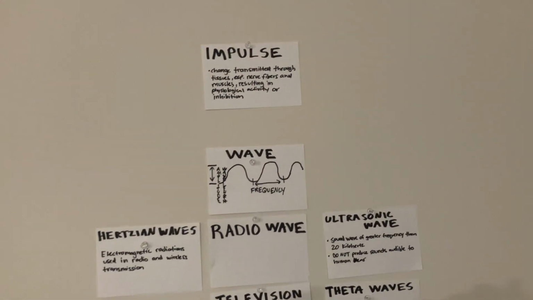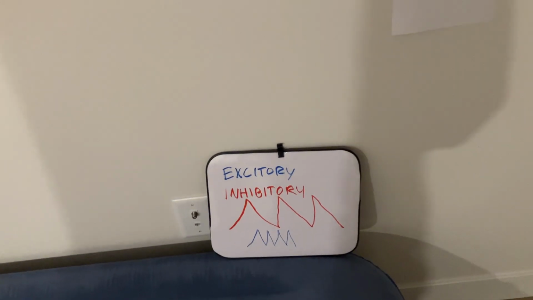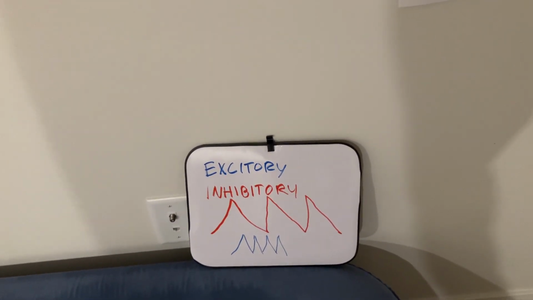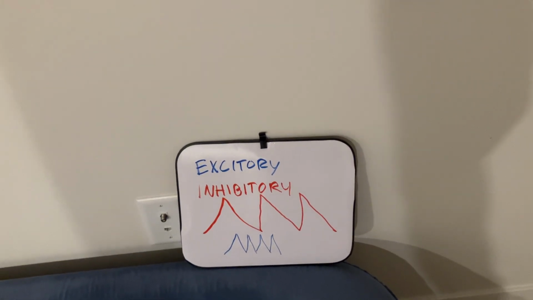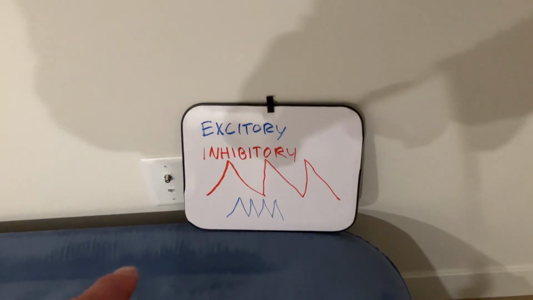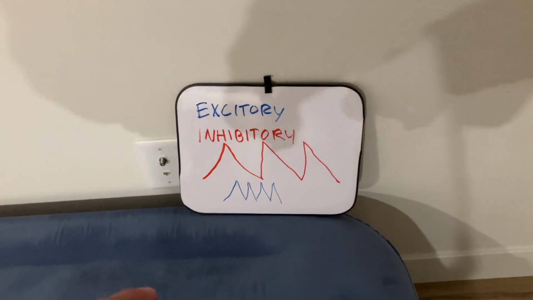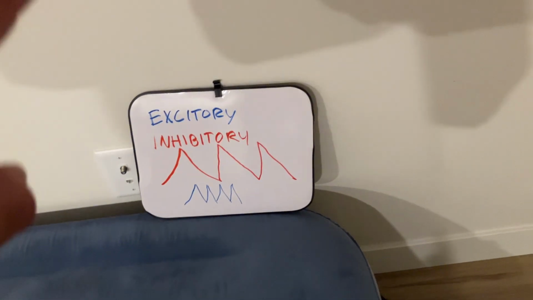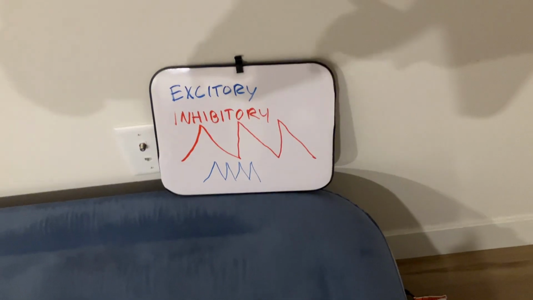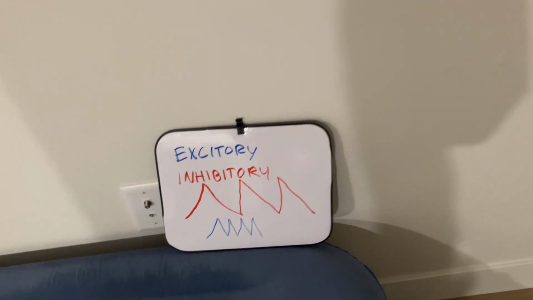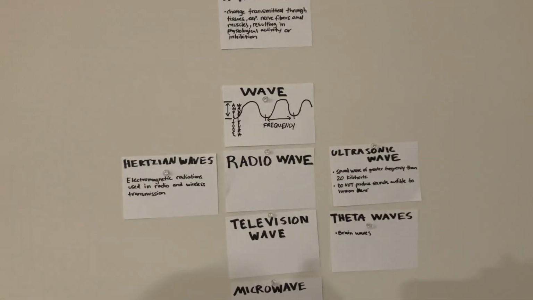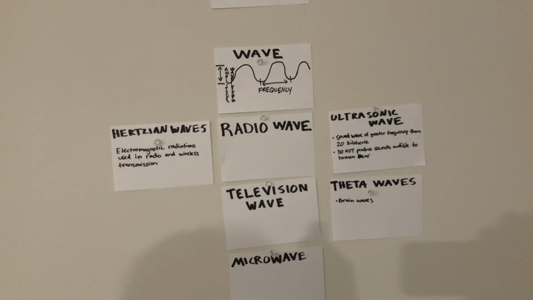But that's all impulses are. They cause your nerves to either be excited or they inhibit them. They slow them down. They start damaging your nerves so they don't repair as well. Okay, right here is the frequency and wavelength of these two signals. So an inhibitory signal is going to have high peaks and valleys. Okay, it's going to be very long, like big. Okay, and excitatory is going to be short and small. So just think about how many of these types of signals you're around in your everyday life.